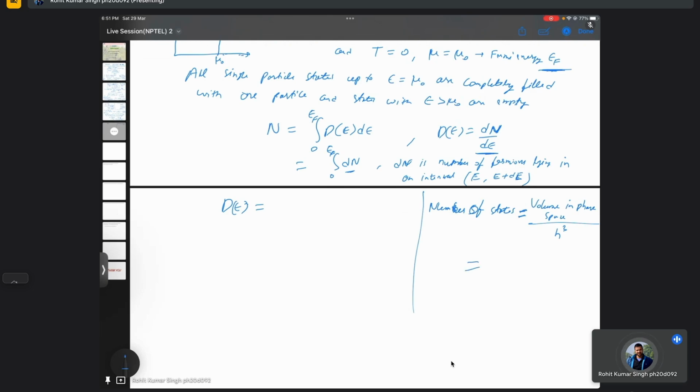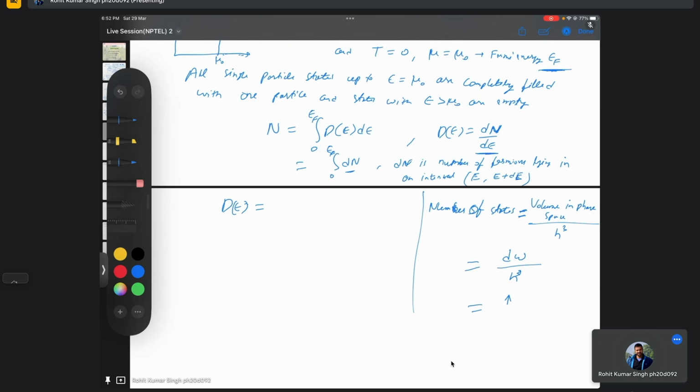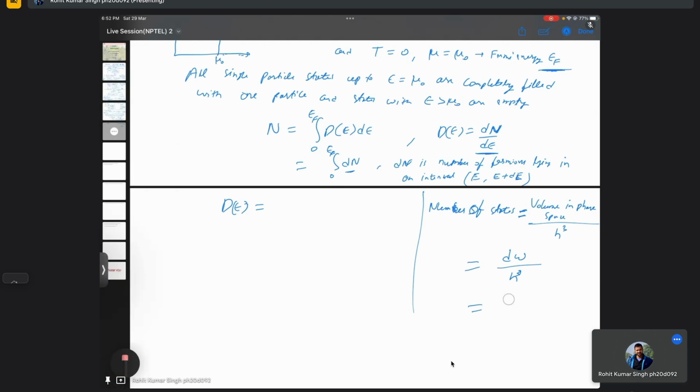And the volume in phase space is given by d omega, which is nothing but d cube q d cube p divided by h cube. Further, we can write it as, so this volume integrated over,